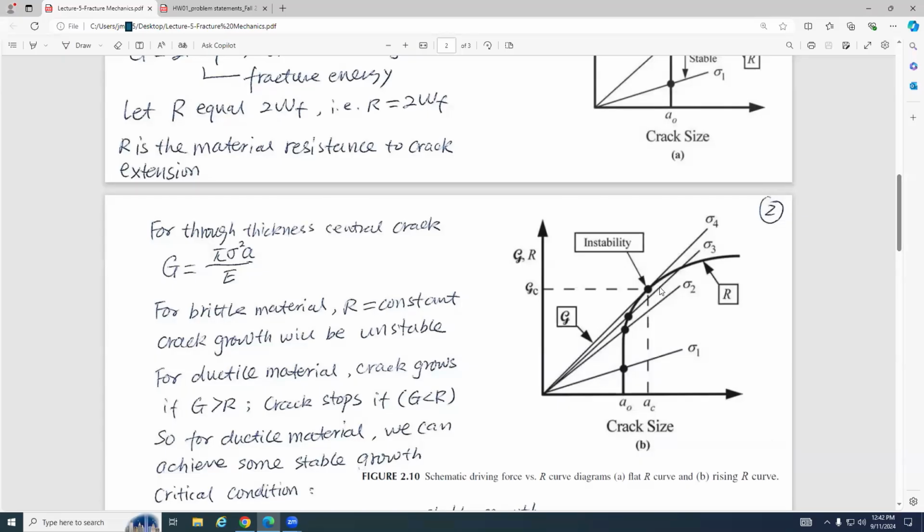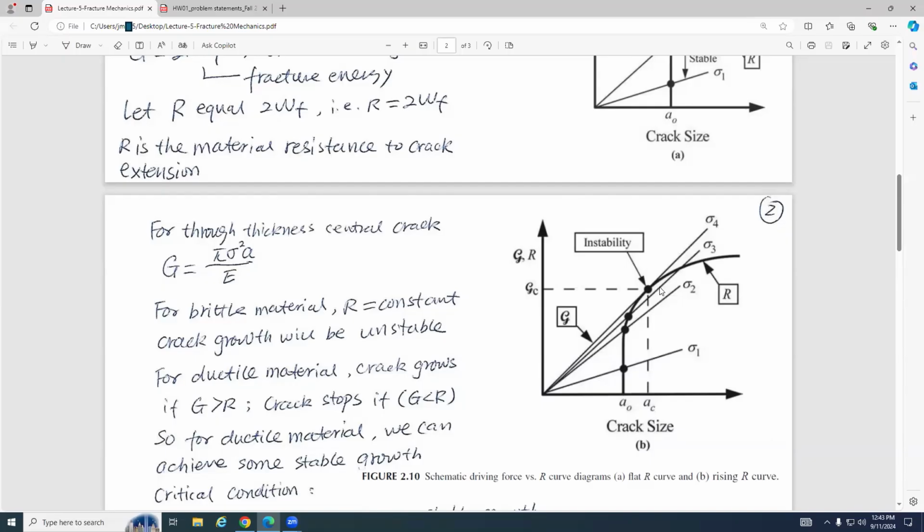One more time, guys. At this instant, suppose this is sigma 4, and this line is tangential to this R curve. It means that it will have crack propagation, right? If you have a crack propagation, it goes here, and then you can see my R is continuously growing. But at this point, this new T is less than the new R. That's the reason this crack will stop here until you have new